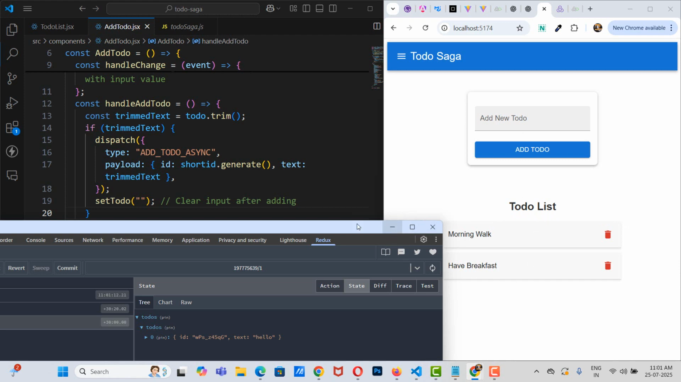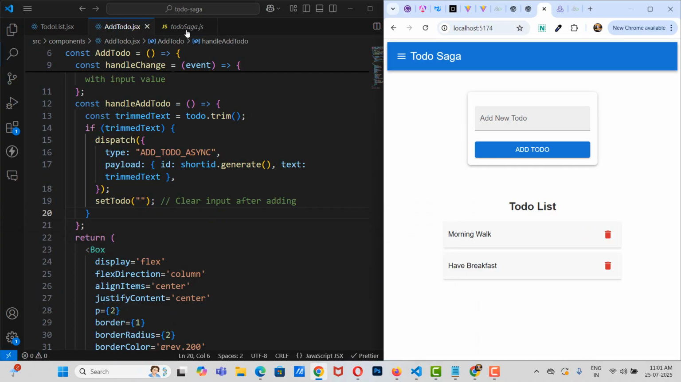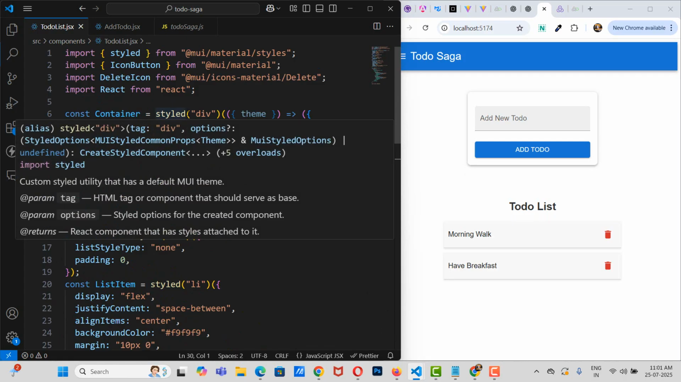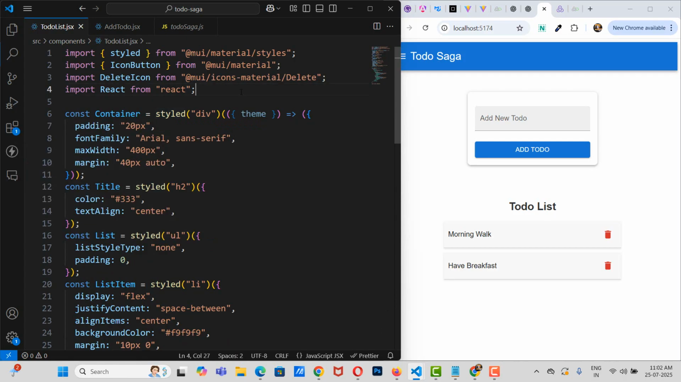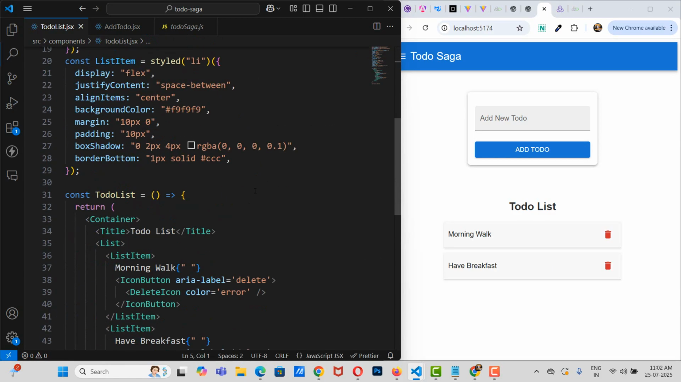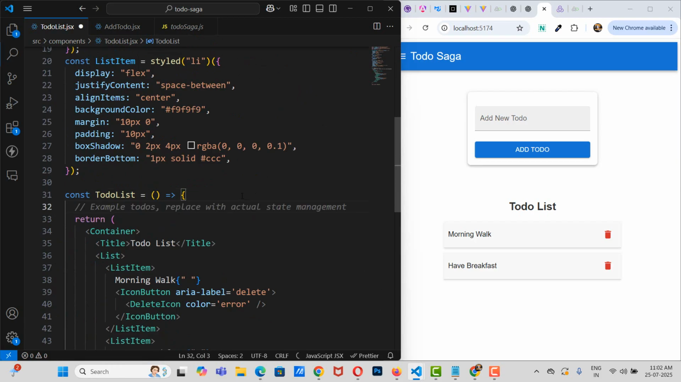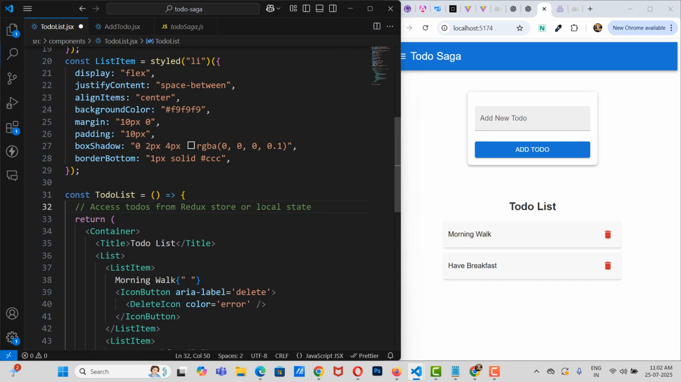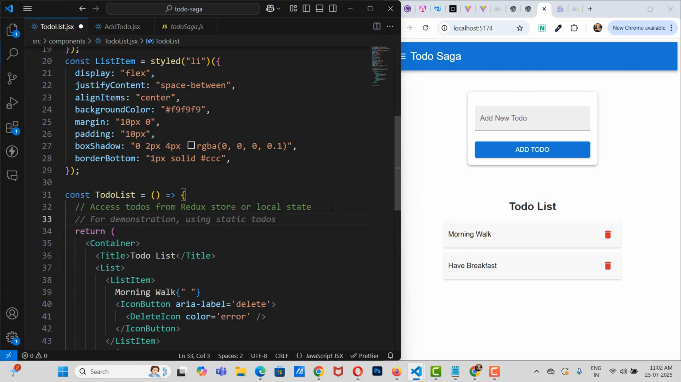This is the static one which we created, but now we need to take it from this store, and we need to add it here. So for that, what I'm going to do is, here we need to access to-dos from the Redux store or local state. So from local state we will do later, but first we will take the to-dos from the store. So const to-dos